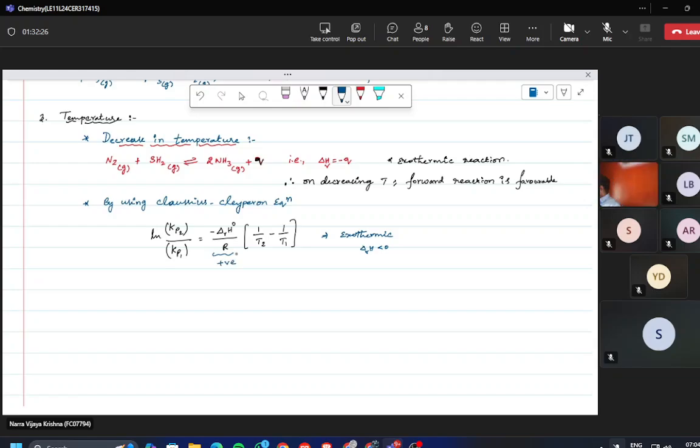Whether I am increasing temperature or decreasing temperature. If I decrease temperature, T2 value will be less than T1. Correct? So the denominator T2 value is less, which means what about 1 upon T2 value? It is more. T2 is decreasing means I am decreasing this, which means I am increasing this. Then this total value becomes